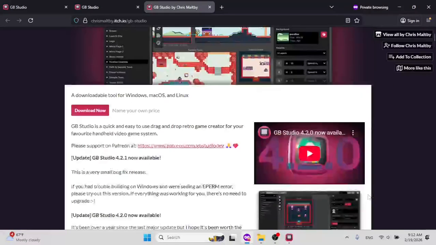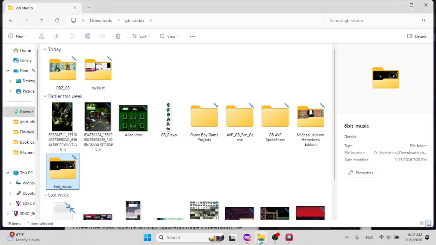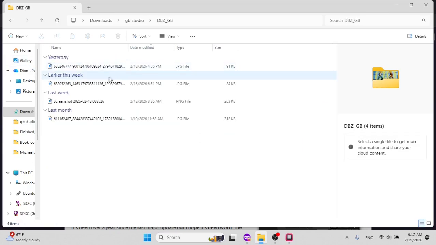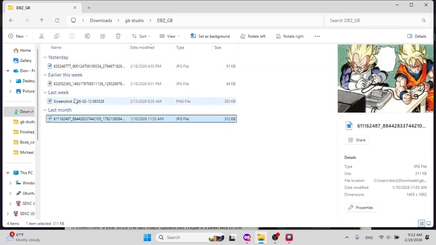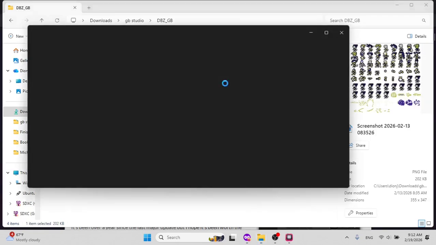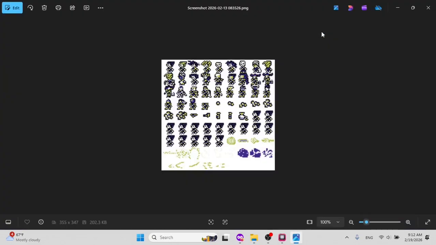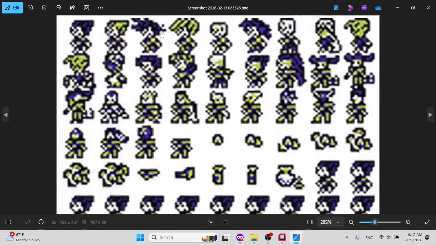As usual, I have project resources out there for download from my official website. You can go take a look around there. Not only do I have the project we're creating, I was just thinking about making a Dragon Ball Z Game Boy game later, whenever I get around to completing it. I started off with some sprites. There's Vegeta Super Saiyan, Goku Super Saiyan, Krillin, Yamcha, and Piccolo with the cape off,